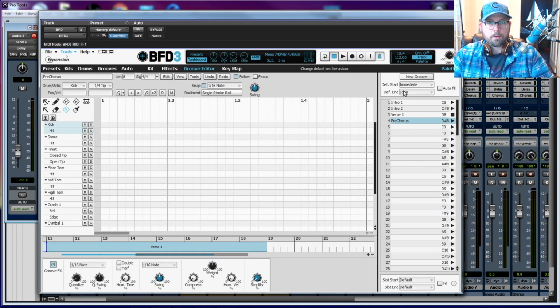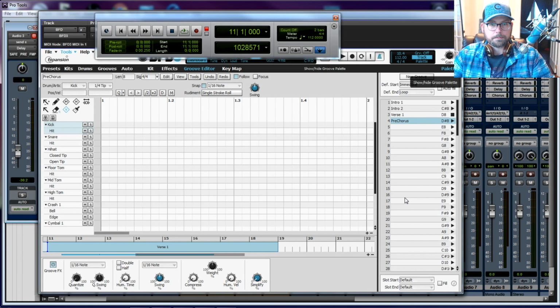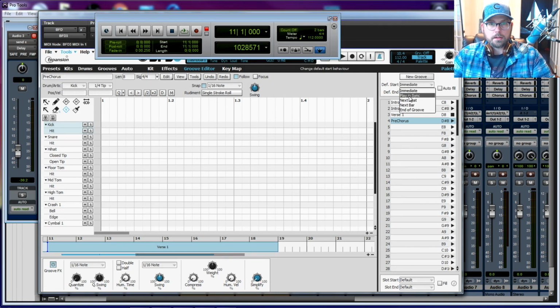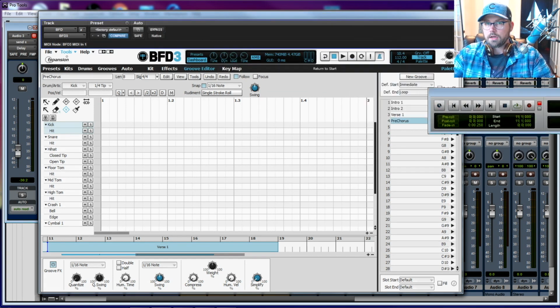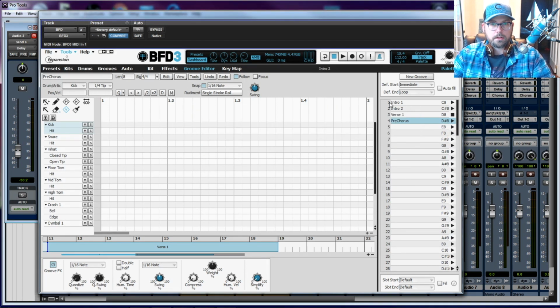Then we're going to have over here where it says palettes. You can turn palettes on and off with that button right there. Okay, palettes. Where it says def start, I think that's define start. We're going to put that as immediate. The thing that was messing me up was I had it play in sync. So you're going to start it at immediate. You also want to have your transport counter on Pro Tools here, okay? You want your count off. So then you want your metronome on,